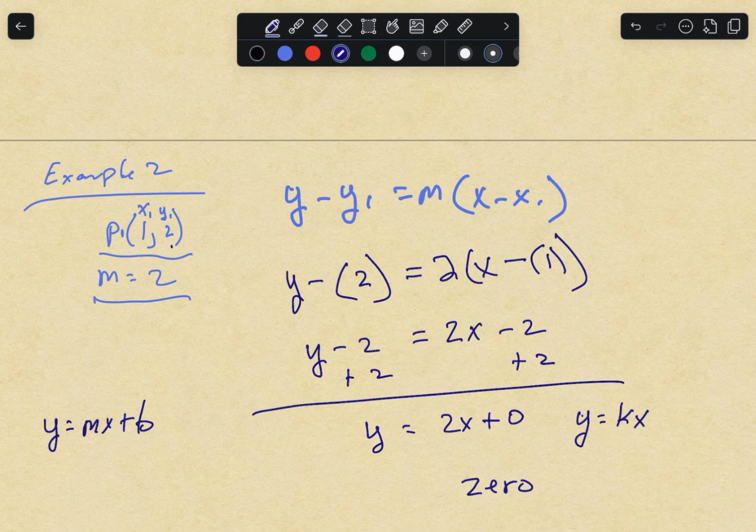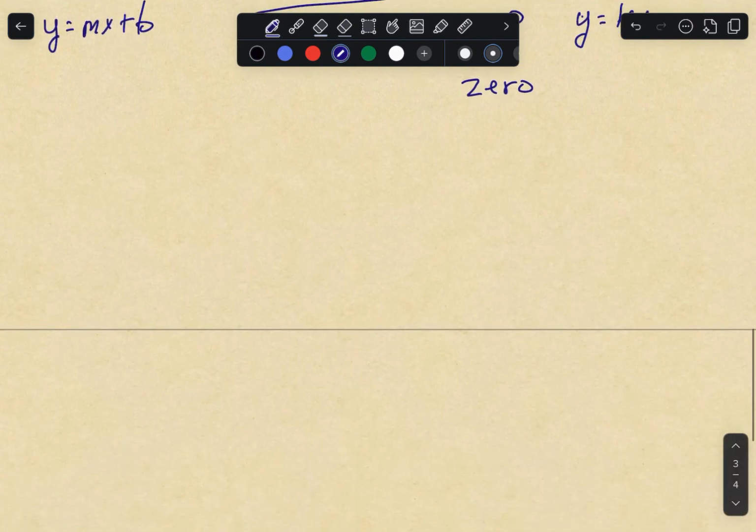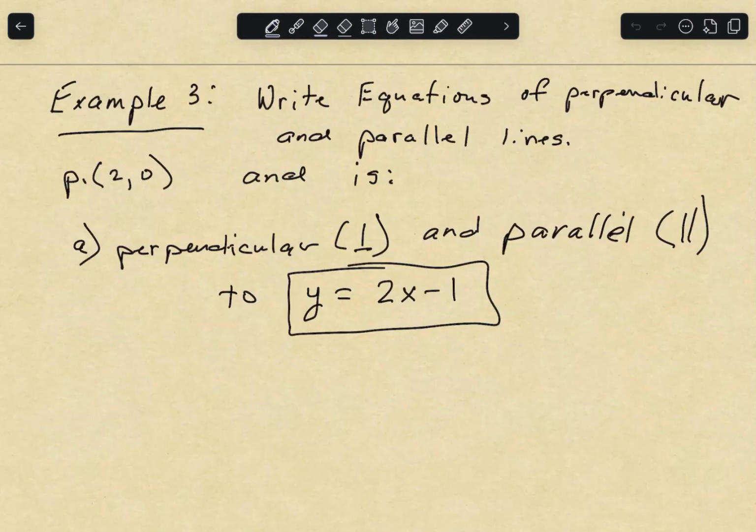All right. So now that in itself, that's a pretty cool problem, right? All right, let's go to example number 3. Okay, and now we're going to try example number 3. Write equations of perpendicular and parallel lines. We're given a point, which is